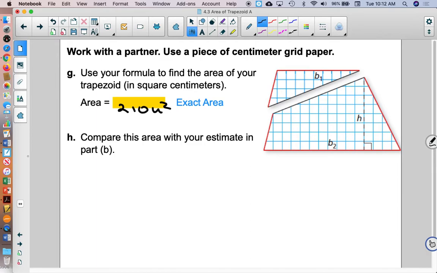Do 12 by 14 for me, please. 12 times 14. How much? 168. And then I've got